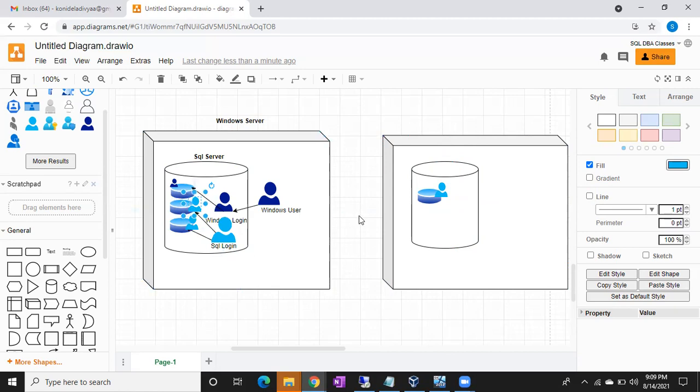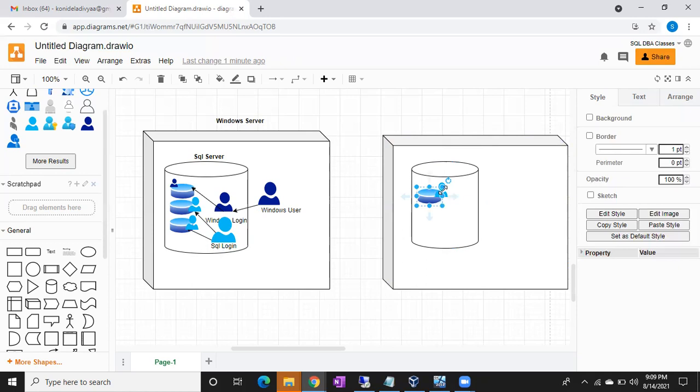When you restore the database, tables will come, stored procedures will come, views will come, triggers will come, everything will come. Users also will come along with the database. So now the parent is here in this server, but the same parent is not there in this server. So this user will become an orphan user now. Clear? Mainly in two scenarios we'll get orphan users.